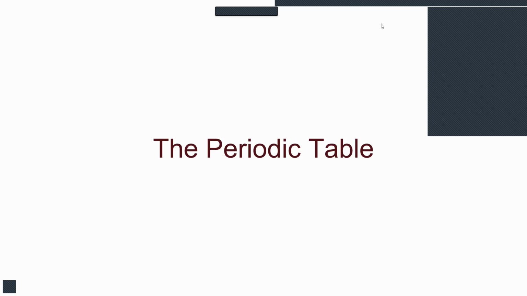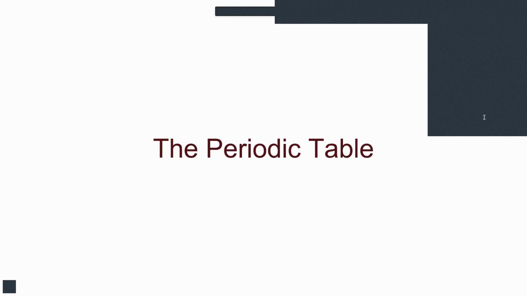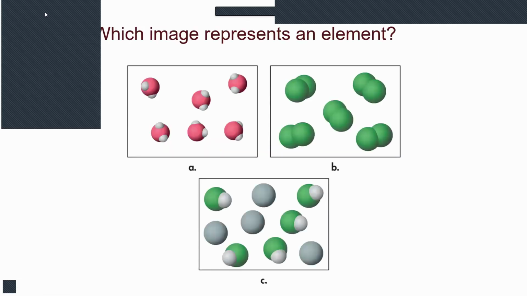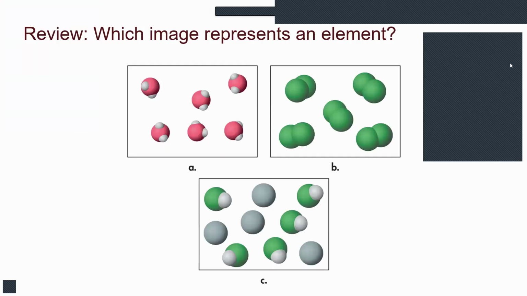Okay, so now what we are going to do is begin talking about the periodic table. Pretty central to chemistry, pretty central to science in general. What is the periodic table? Which of these represents an element? Add to the chat. Is it A, B, or C? When we're looking for an element, we're looking for just one single thing. And so A, whenever I say it has one single thing, well, this thing right here,